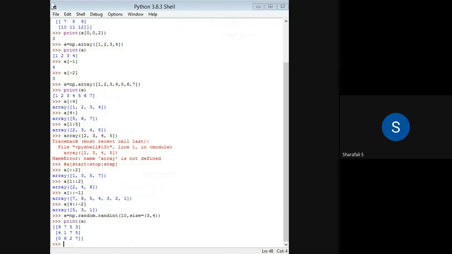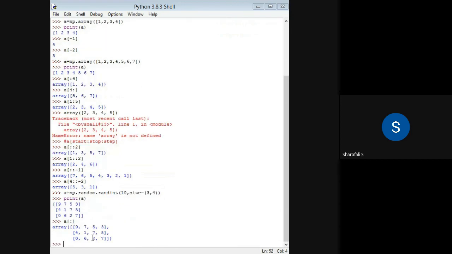Anyway, now how can we access the elements if you have a multi-dimensional array? If you want to get the full elements, then I can just give a in square bracket, I just put colon, then I will get all the elements in that particular array.